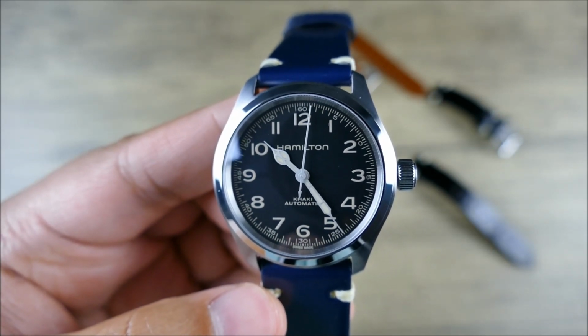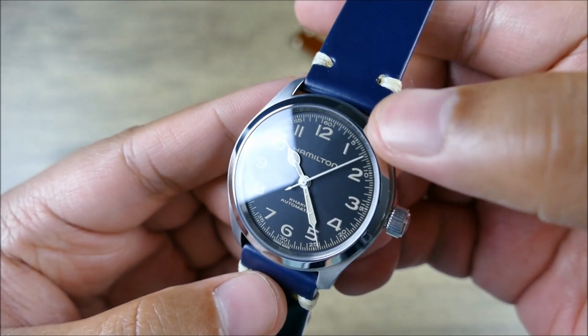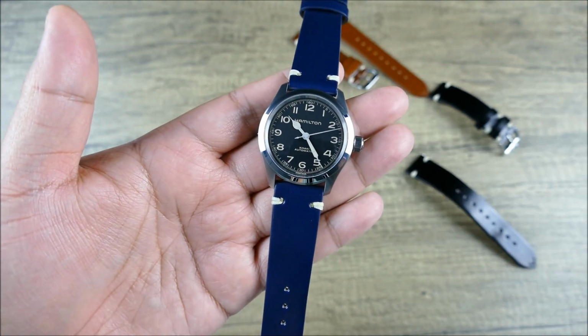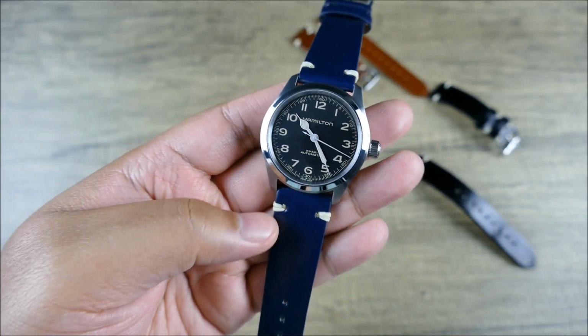And then you just kind of have to choose wisely where you would apply a couple of lume plops maybe all the way around. But this thing is such a looker. I was really surprised that it looks so good on the blue. It's very, very versatile. So yeah, again, now if you have that kind of blue shirt, and then you also